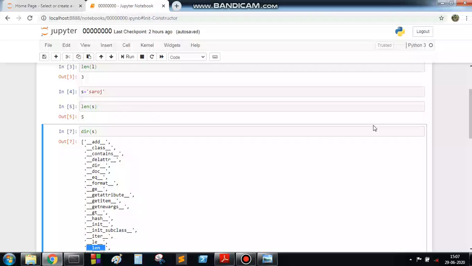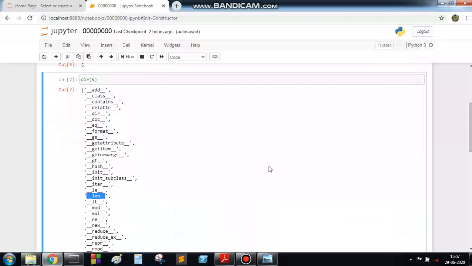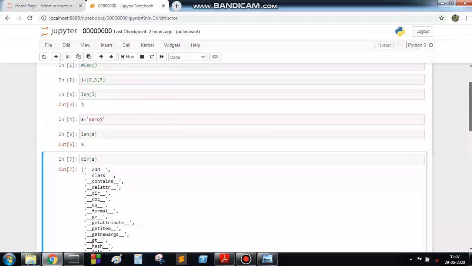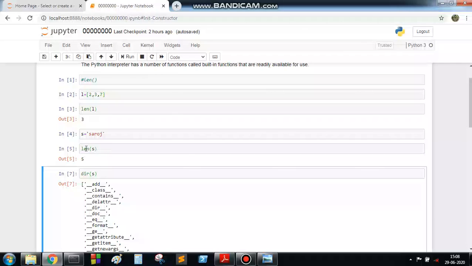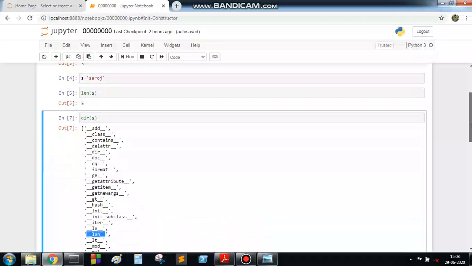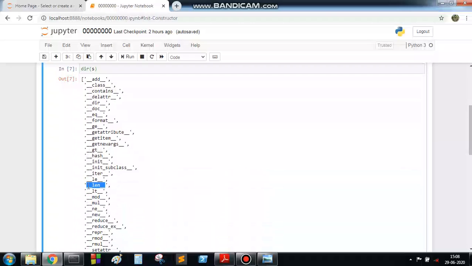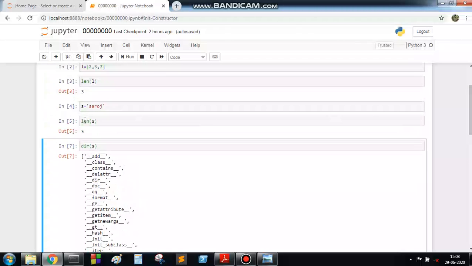Again I am saying, whenever a data structure has this method associated with it, the length of that data structure can easily be found by the len function. Suppose there is a data structure that does not have this kind of method associated with it, then the length function cannot be used over that data structure.